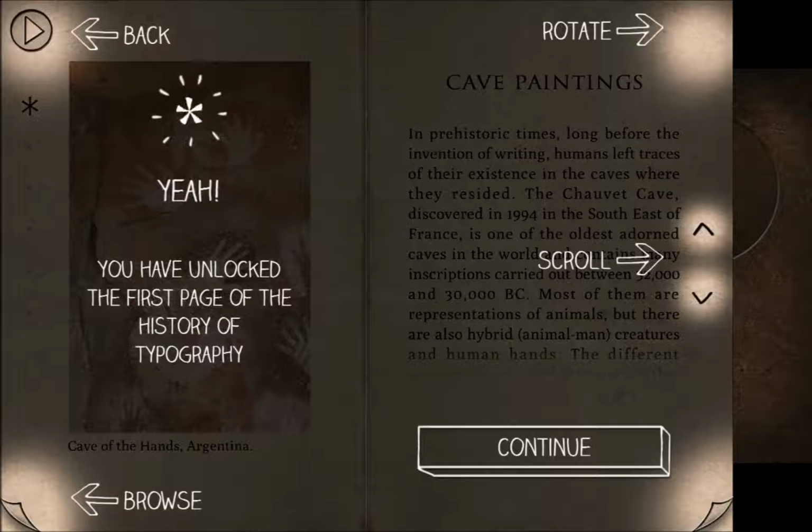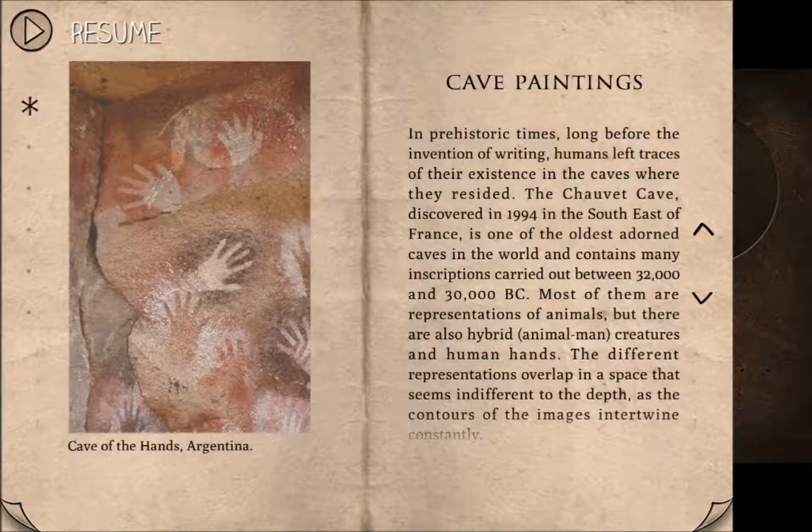Let's see, the scrolling works like this, alright. Let's continue. Cave paintings. Okay, now the reading starts. This picture, this image you see on the left side is of the Cave of the Hands in Argentina. In cave paintings, in prehistoric times, long before the invention of writing, humans left traces of their existence in the caves where they resided. The Chauvet